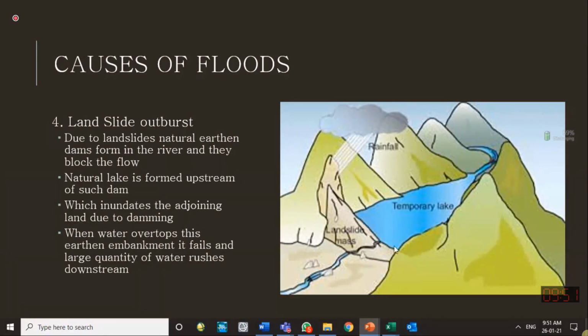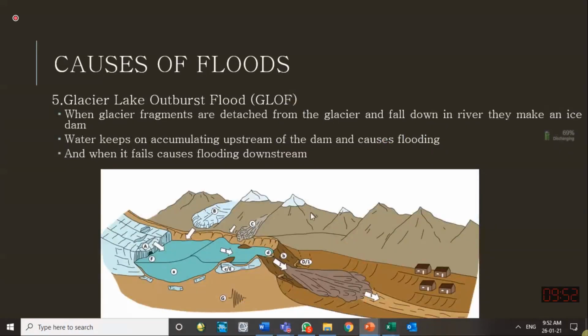It is more stable, but at other places these landslides are not so stable and they give way. So that is one of the reasons of the floods: landslide-made dams and then the breaking of those dams. Sometimes glaciers also stop the water and make a reservoir, and when that glacier melts, then flooding occurs. We call it a glacier lake outburst flood. A lake was made by a glacier, and when that glacier melted, a huge outburst flood occurred on the downstream side.